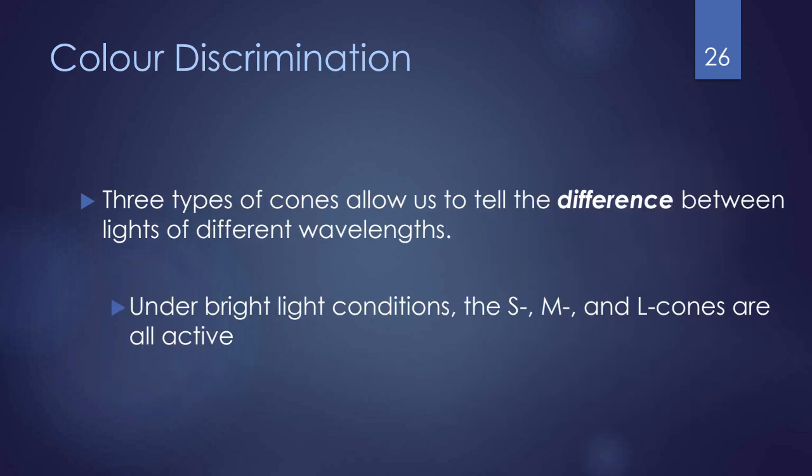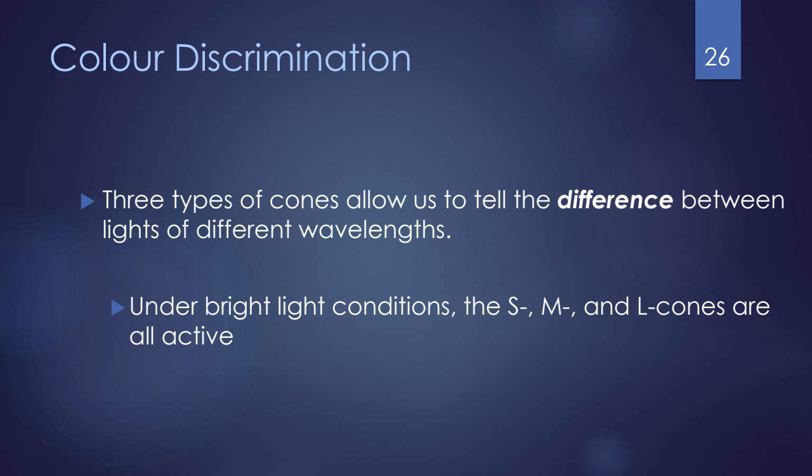But if we have more photoreceptors, this is going to allow us to tell the difference between the response to lights of different wavelengths. So with three types of cones, we can detect differences between wavelengths or mixtures of wavelengths with more than one type of cone. So having three types of cones allows us to tell the difference between lights of different wavelengths, because